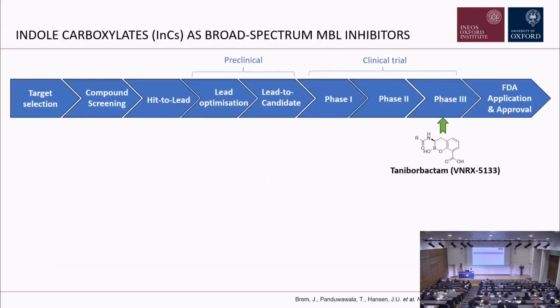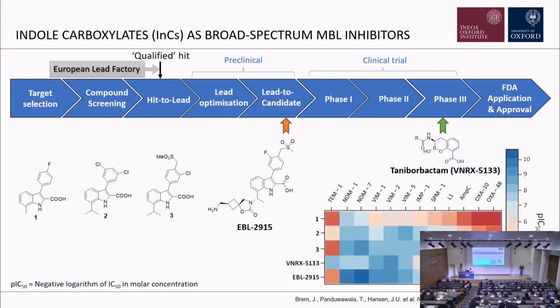So this is the drug development pipeline through which every drug molecule has to go to get from laboratory to the market. And here is taniborbactam, which is both an SBL and MBL inhibitor, and it has reached the phase 3 stage of clinical trial so far. A few years ago, the European Lead Factory performed a high throughput screening, and they found indole 2-carboxylate 1 as a qualified hit. After that,